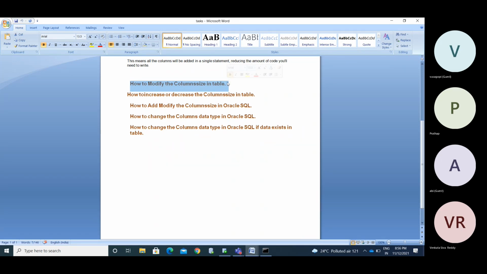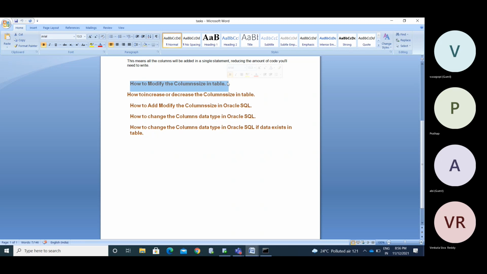So how to modify the column size? Suppose you have a column like NUMBER(5), with values like 1, 2, 3, 4. You can increase it to any number of digits up to 38. If we want to decrease it, and the table already has 4-digit values, you have already occupied 4 of the 5, so you cannot decrease the size to less than that. You need to remember that.